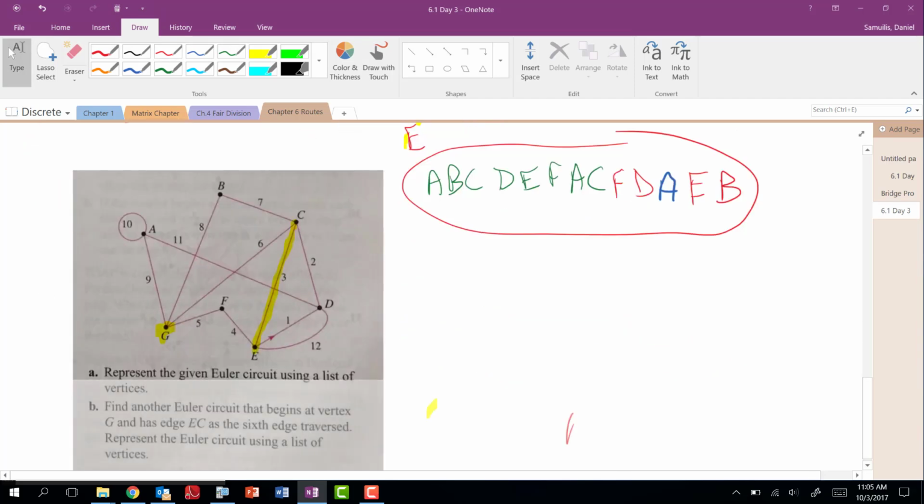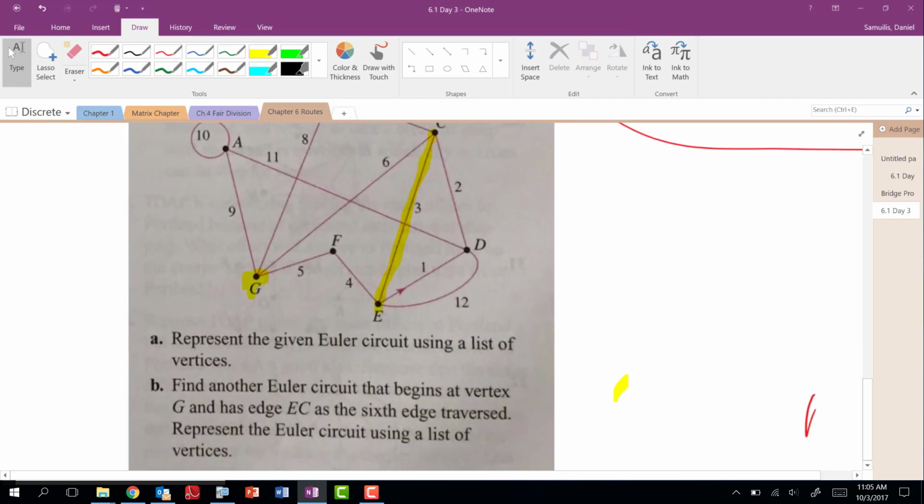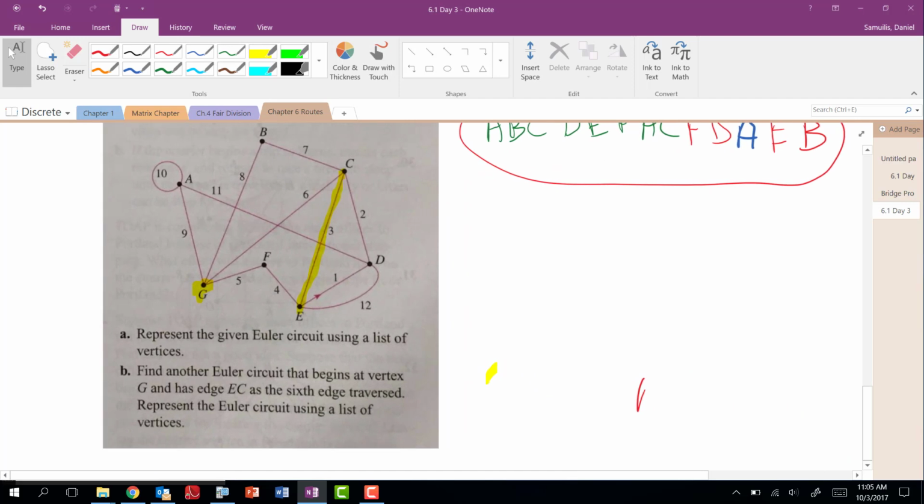Okay, now if you want some help on this, look at how you as the grader would be able to do this pretty easily. And this is my job. And I'm going to erase what I have here. This is number 27. And I think for letter B, you should make a drawing. Letter A, all you have to do is list the vertices. Very simple. They started at E, right?